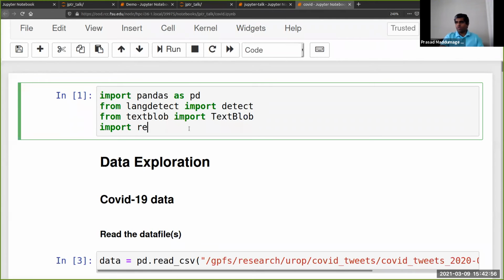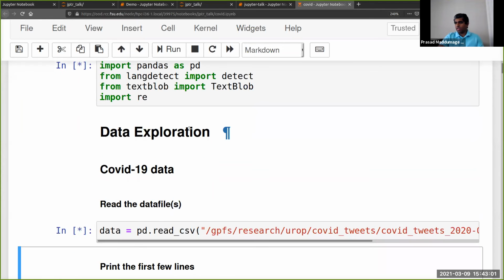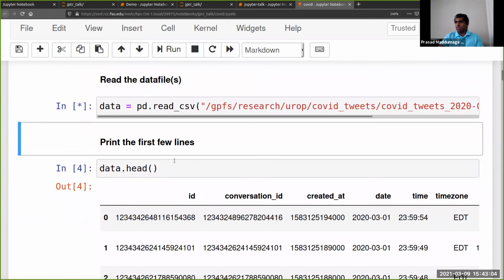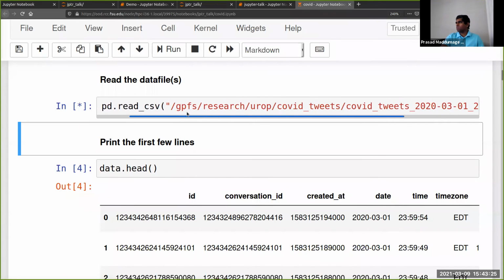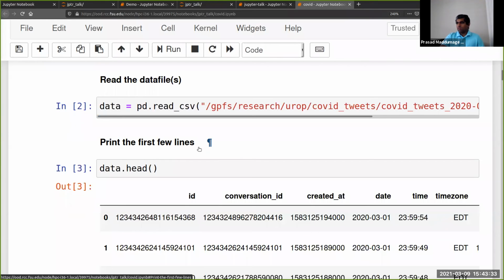you know what you did. And read the data. When I was answering the question earlier, this is what I meant by saying that Jupyter is mainly for interactively dealing with data, because you read the data file. This is not a big data file, it's a few megabytes. So you can see the